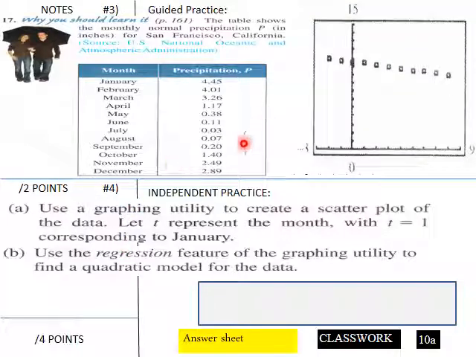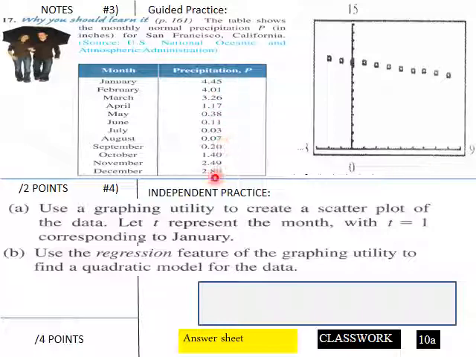Let's go into a guided practice. And this is your plot here. A, use a graphing utility to create a scatter plot. Let t represent the month with t equals 1 corresponding to January. So you start here with 1, 2 through 12. And then here are your values here,